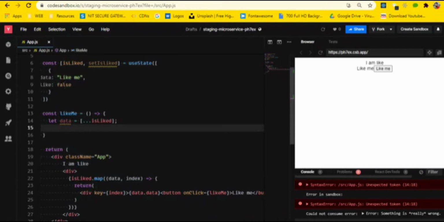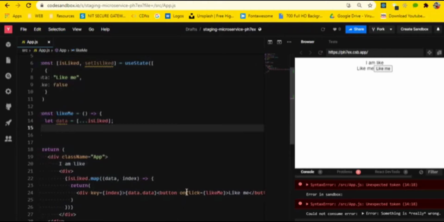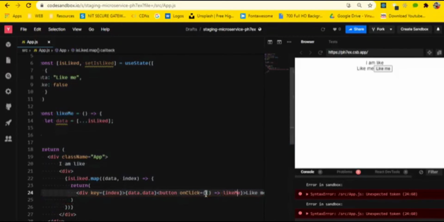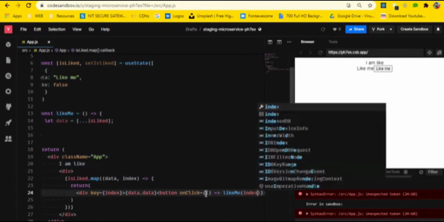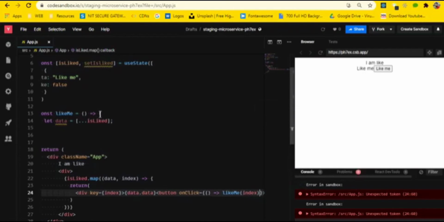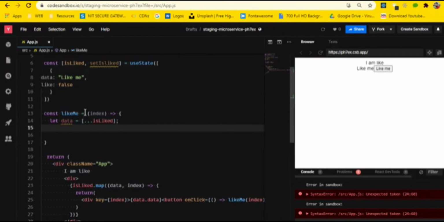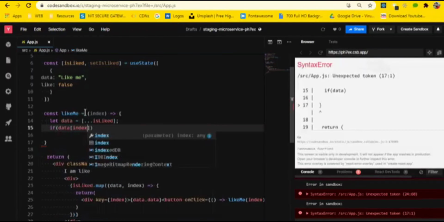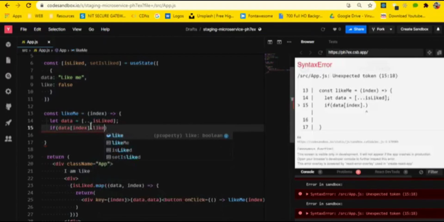So for this, since we need the index here, what I'll do is on click I'll call a callback function, just like this, and I'll pass index here. So you got the index. Now I'll use this index here, just like that, and now we'll be checking if data index dot like. This means that in this object at index position, that is 0 position, dot like is